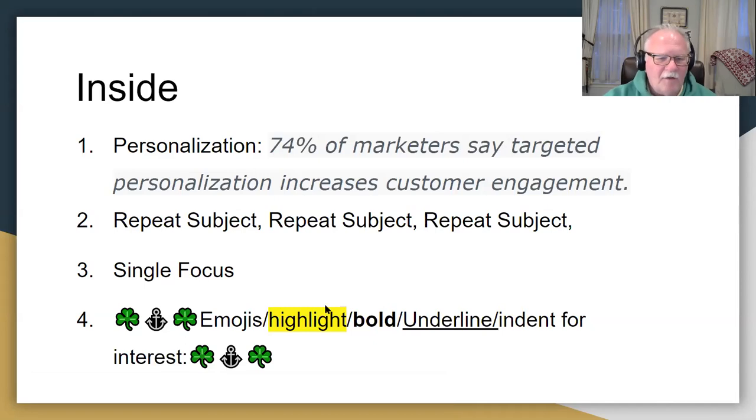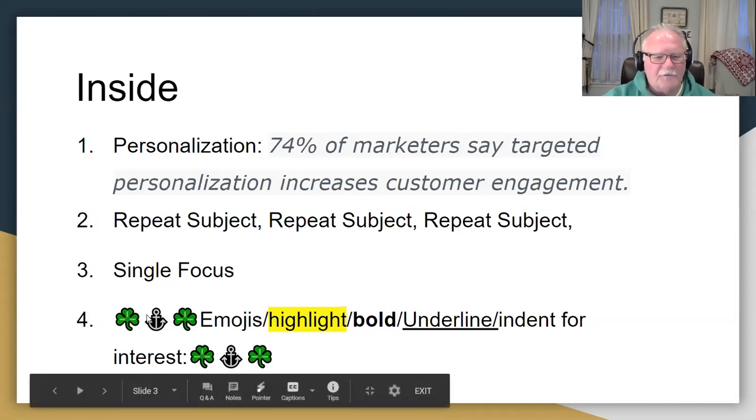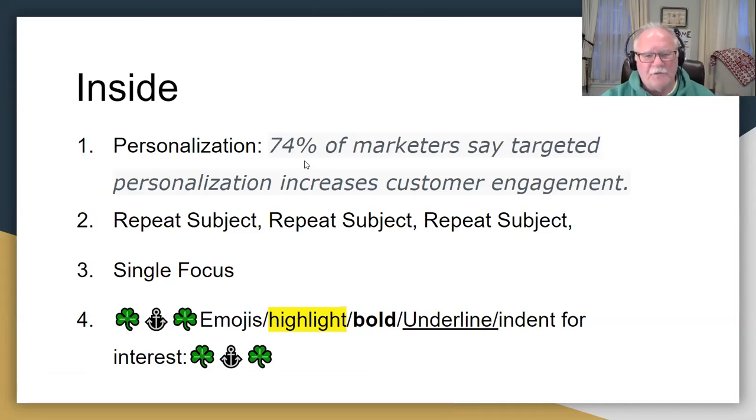And you can see there's some more of the clovers, a little anchor, which is good for me as a submariner kind of thing. But bottom line is personalization, I think, is important. Use the person's first name, especially in the salutation. Repeat the subject line, or at least the subject of the subject line, and have it be the single focus